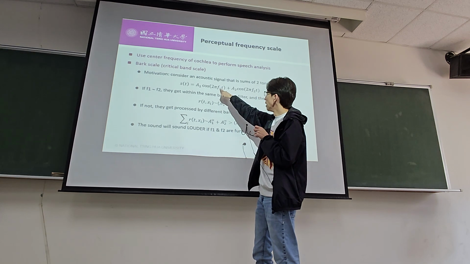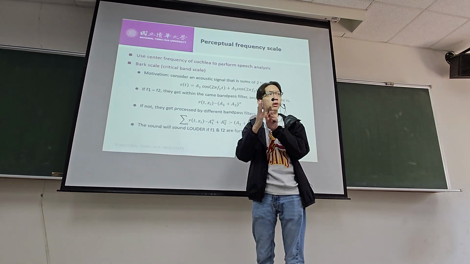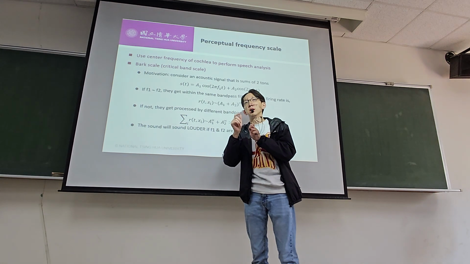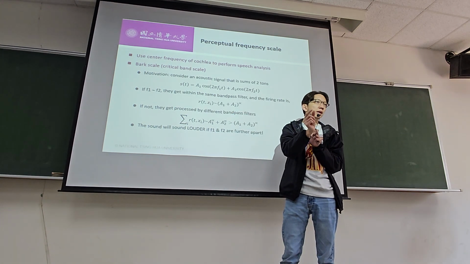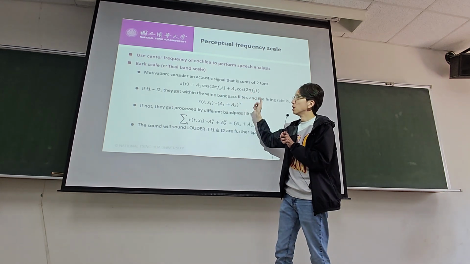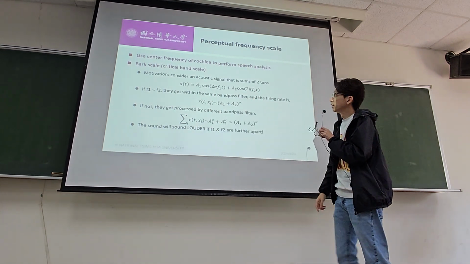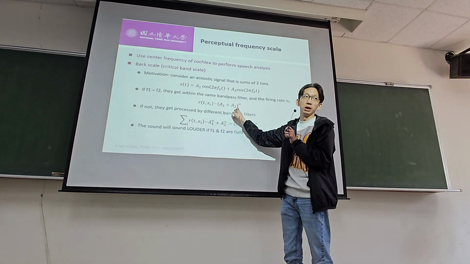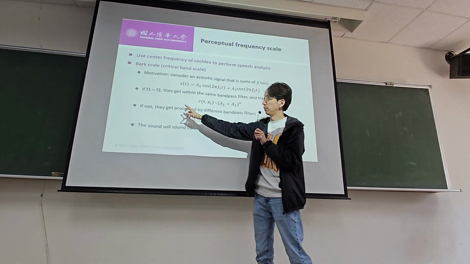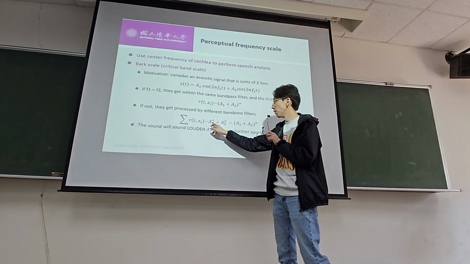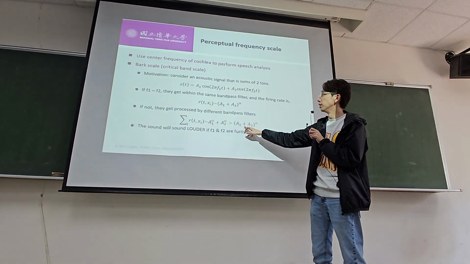If f1 and f2 come very close, what that means is within your cochlea, they're going to be processed by about the same section. The same bandpass filter will process these two signals. So if f1 and f2 get within the same bandpass filter, the firing rate is (a1 plus a2) to the alpha. If not, they get processed by different bandpass filters, which gives a1 to the alpha plus a2 to the alpha,